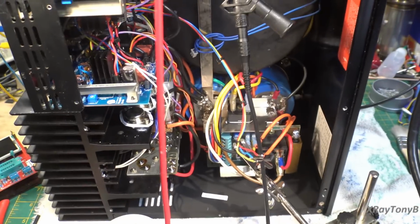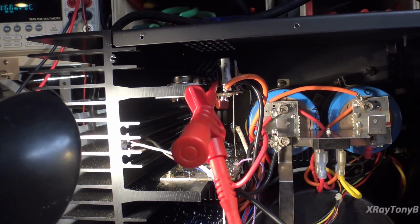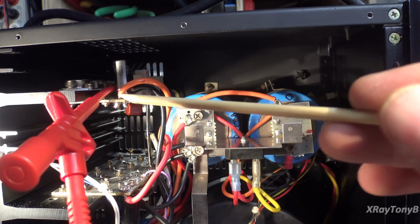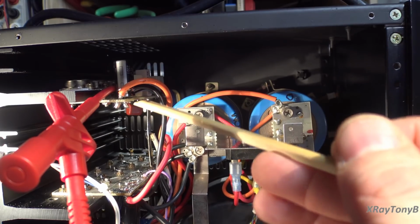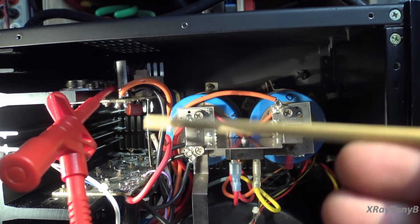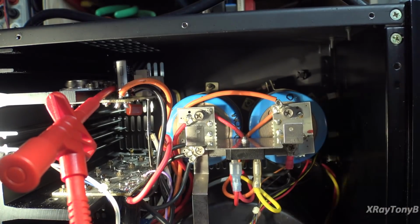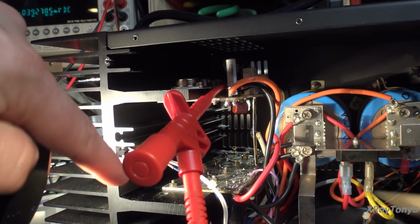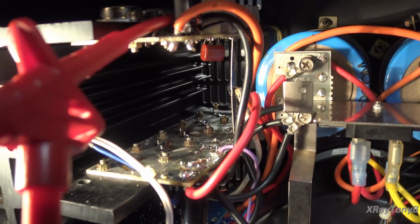So this is going to be thermally coupled to the heatsink. If we look up here, here's your heatsink. Now on these boards, they're identical. The one up here is where that old transistor was mounted, and it was a heck of a time trying to dig that out, because the glue they used to glue the transistor thermally into the heatsink was very, very hard. So I'm just going to transfer everything over to this other board. Both of these boards are mounted to the same heatsink, so it really doesn't matter which side we mount that transistor, and it's designed, if you look down in here,